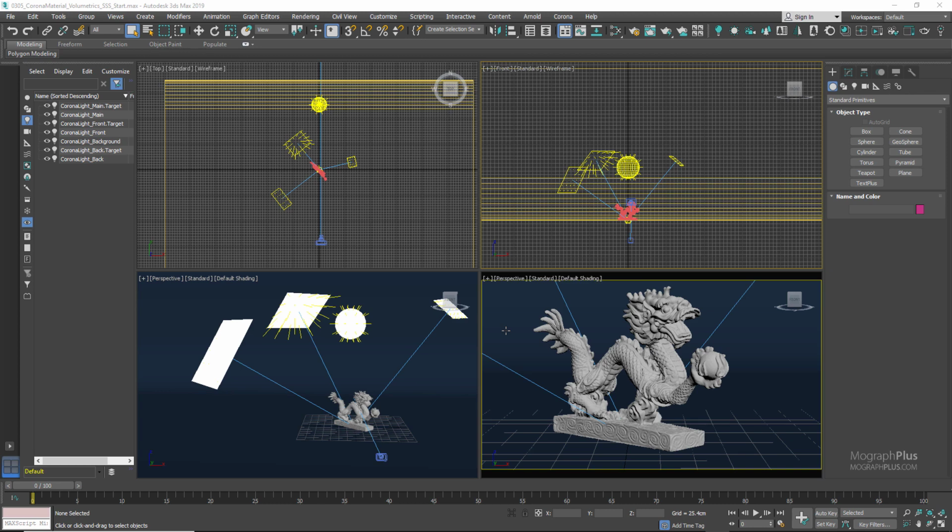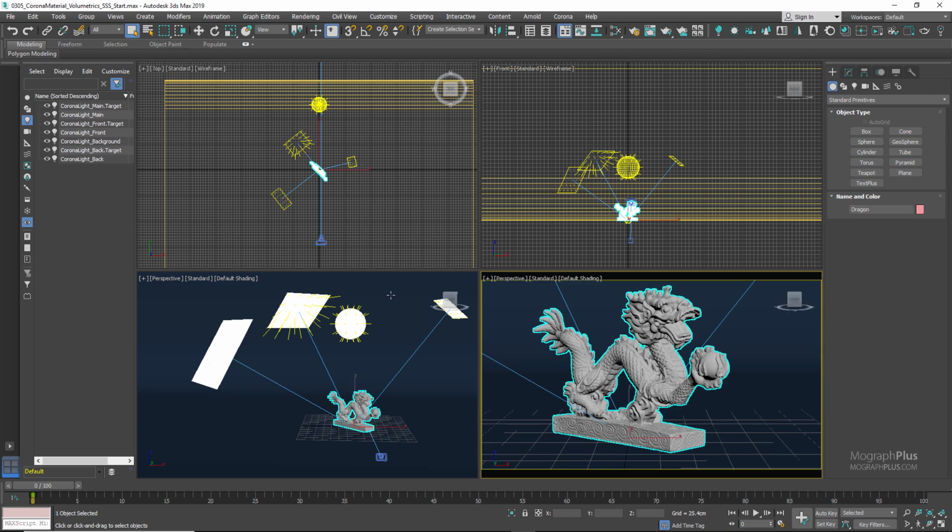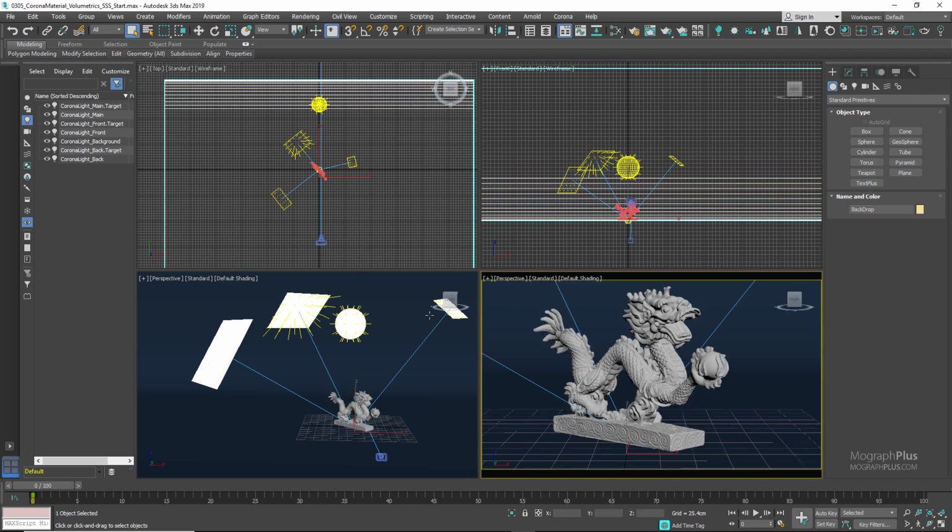Subsurface scattering is necessary for the realistic rendering of materials such as marble, skin, wax, milk, fruits, honey, and so on. In the scene, we have this dragon model, a backdrop, and a few corona lights. If we start the interactive rendering,